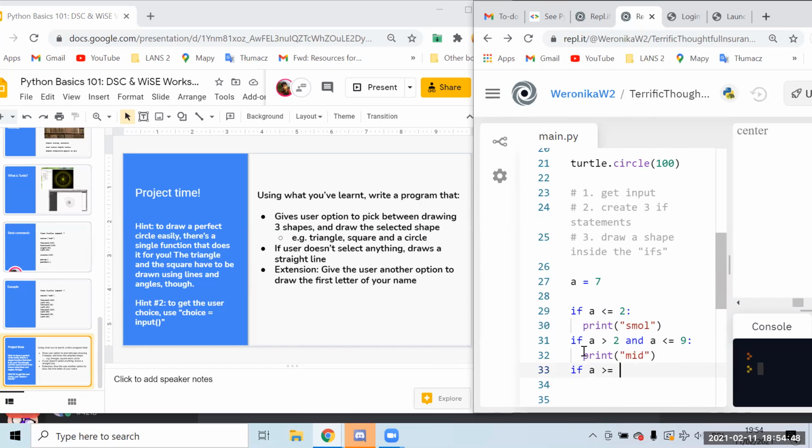If we have different numbers in different places and we need to write multiple conditions for everything, that will turn into quite a long statement. So sometimes you can also do an else if statement, and I'm just going to demonstrate what the difference is. So print big.